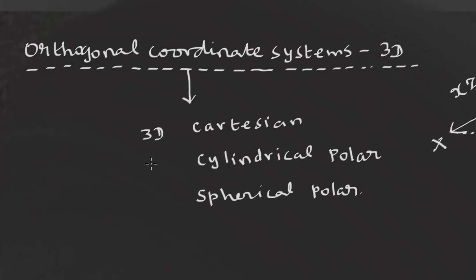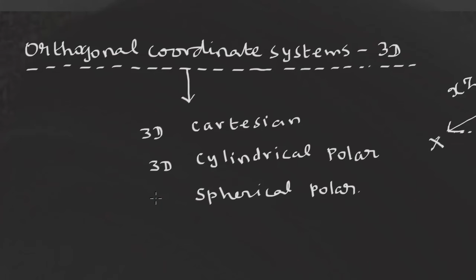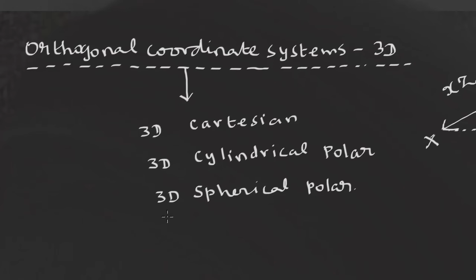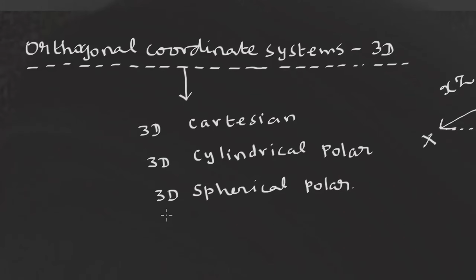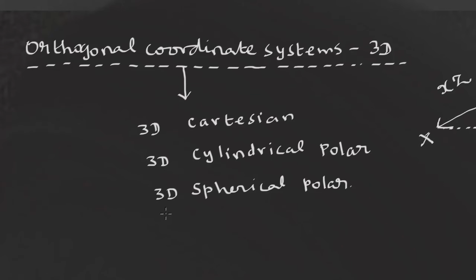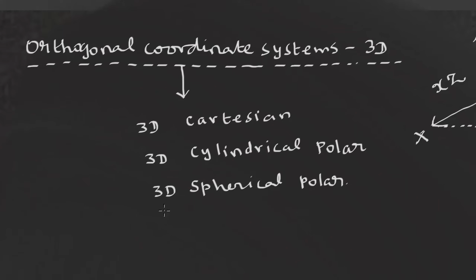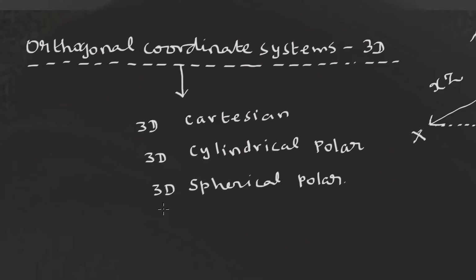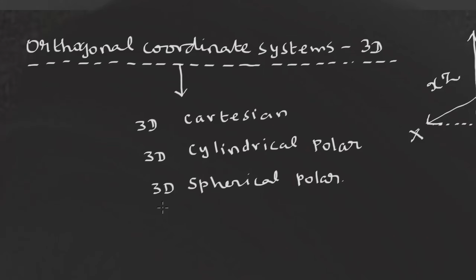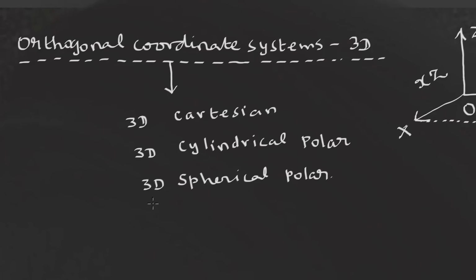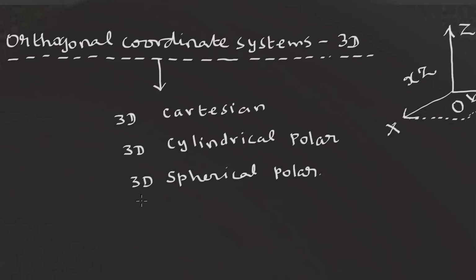It is not compulsory that you have to write the 3D every time, but only for the first time when you are learning, you can write the 3-dimensional spherical. When you say sphere, automatically it is a three-dimensional object. Cylinder is also a three-dimensional object. Circle means two-dimensional object. Similarly, in the case of Cartesian, you say that it is a cubical, or a rectangular box type of object. Therefore, everything is three-dimensional in nature.